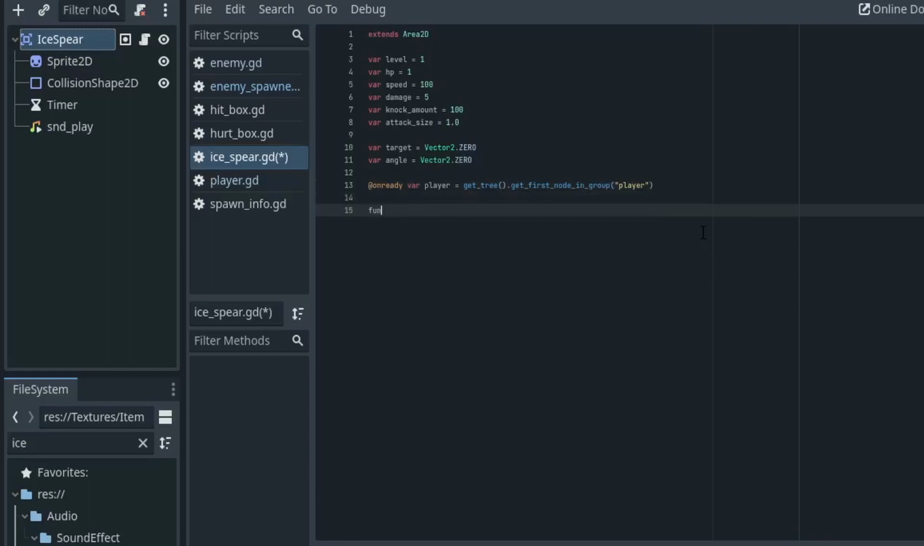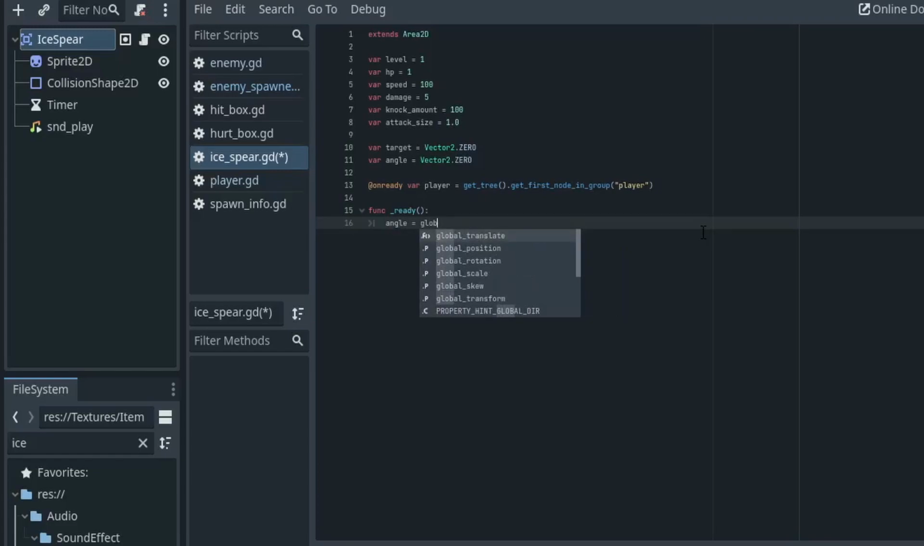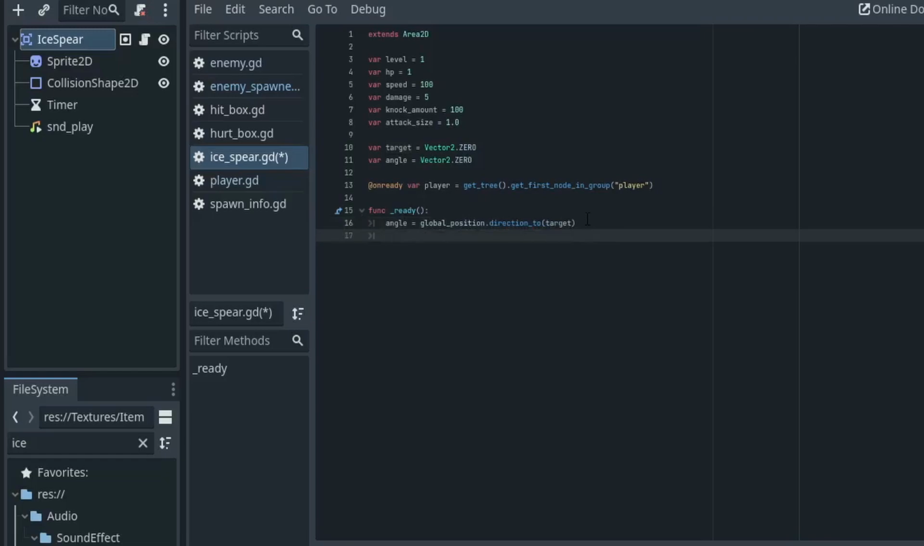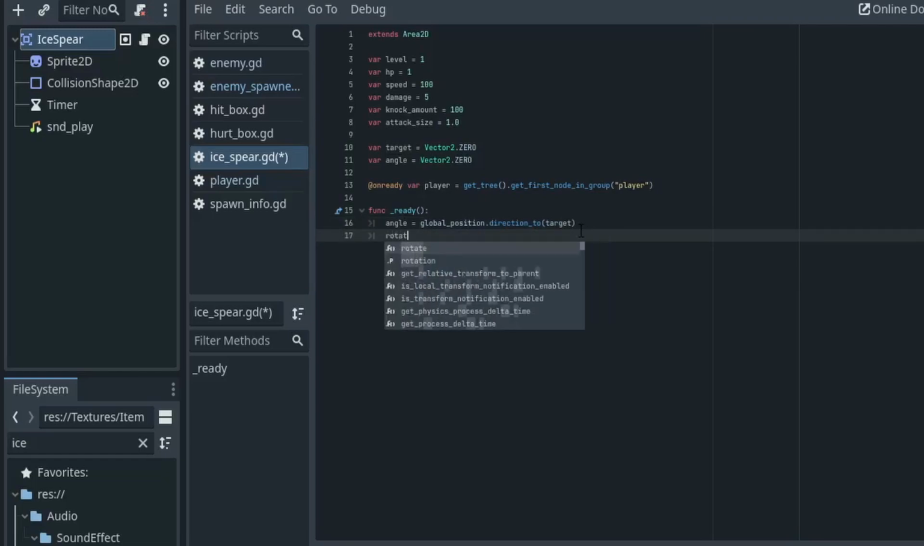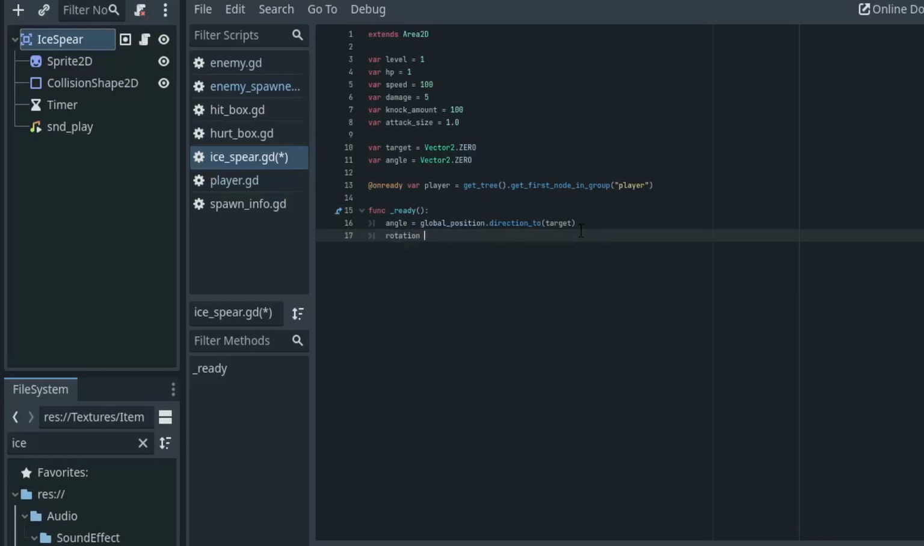So within our ready function, which is on the first frame, we're going to be setting our angle to the global position. And we're going to be taking our global position, doing our direction to the target. So whatever our target is, we're going to be directing our angle to that. And then we're just going to be setting the rotation. And the rotation is going to equal angle.angle()